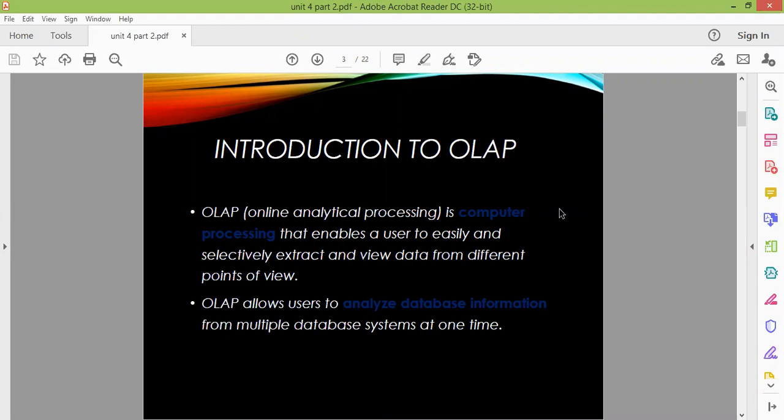So whenever we select the data and analyze its view from different points of view, for that purpose we need an OLAP tool. It allows the user to analyze the database information from multiple database systems at one time. What it means is that we are collecting the data from different operational databases.